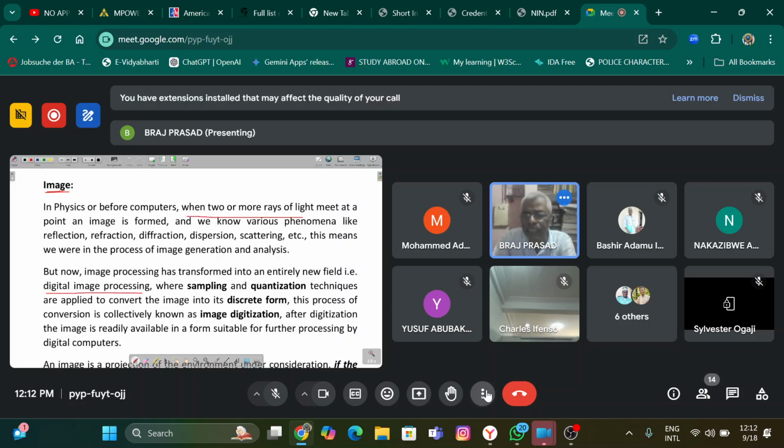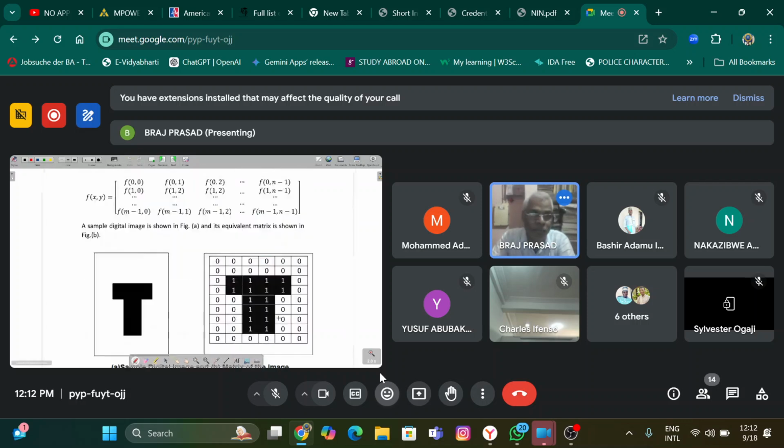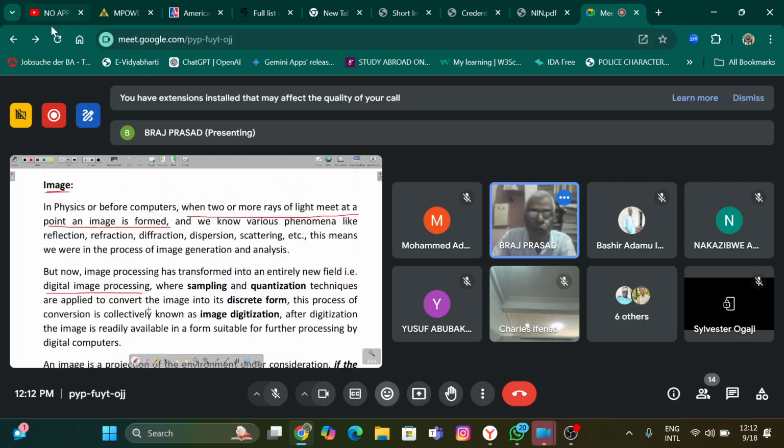when two or more rays of light meet at a point, an image is formed, that I have shown in this figure. When these two or more than two lines meet at some place, then it forms the image of that object. And we know various